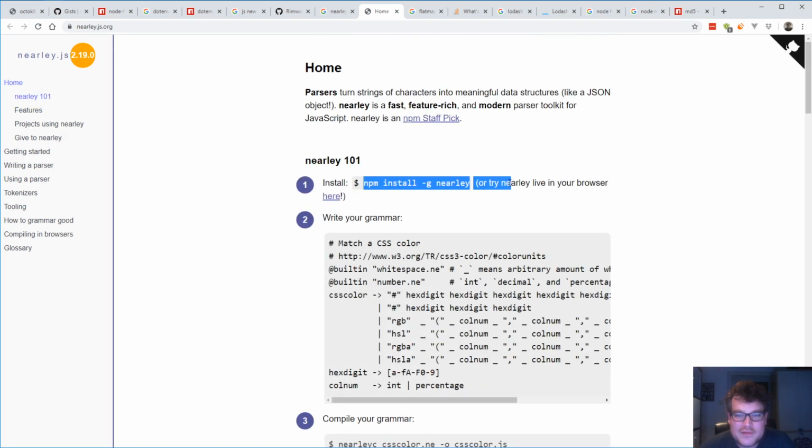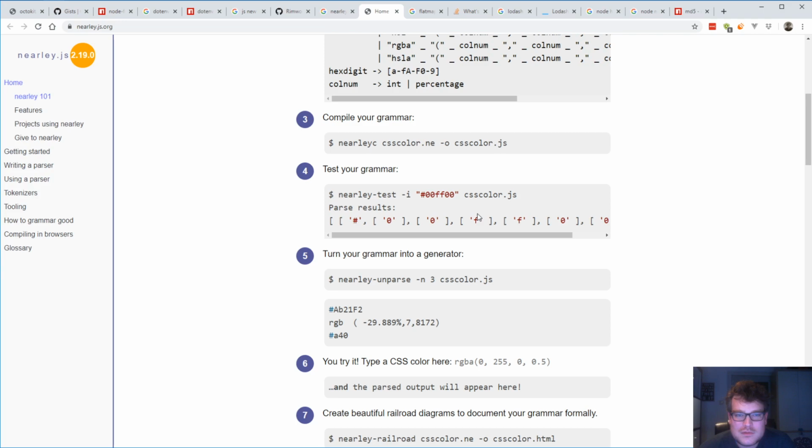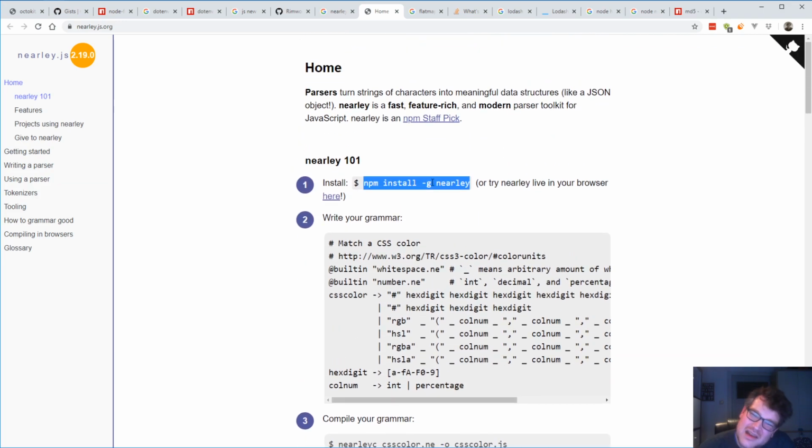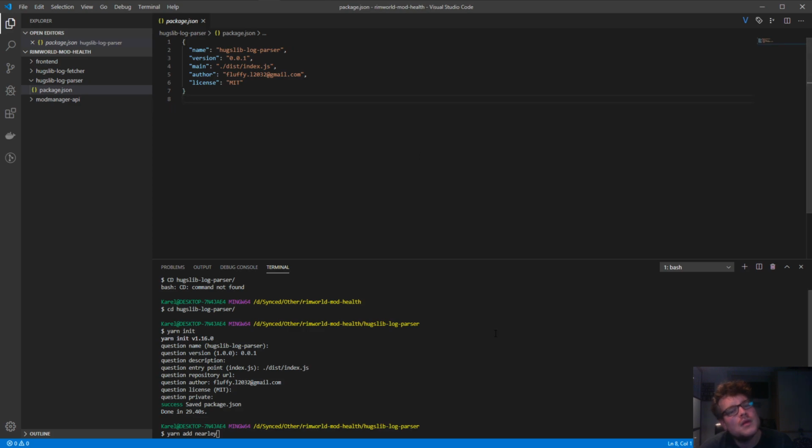So what we're looking at is this one. I don't actually want to install it as a global though, I think. Although no, I guess I will, because we're not actually going to use